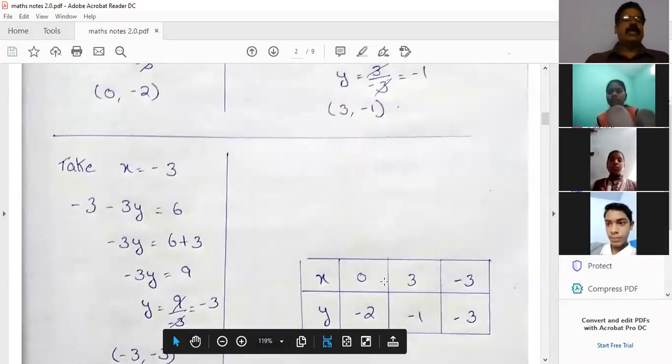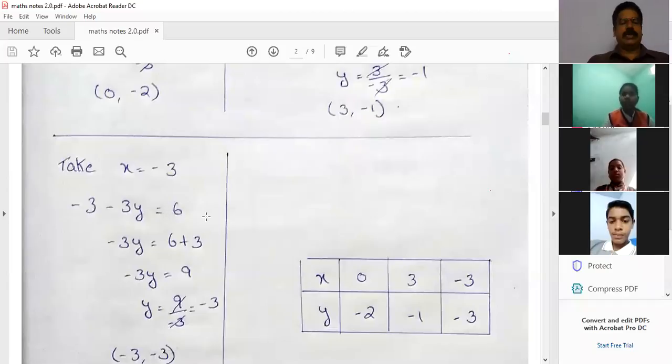And now I take x equal to minus 3 as the third solution. In place of x, I kept minus 3: minus 3 minus 3y equal to 6, minus 3y equal to 6, and here transposing to the RHS means it becomes plus. So